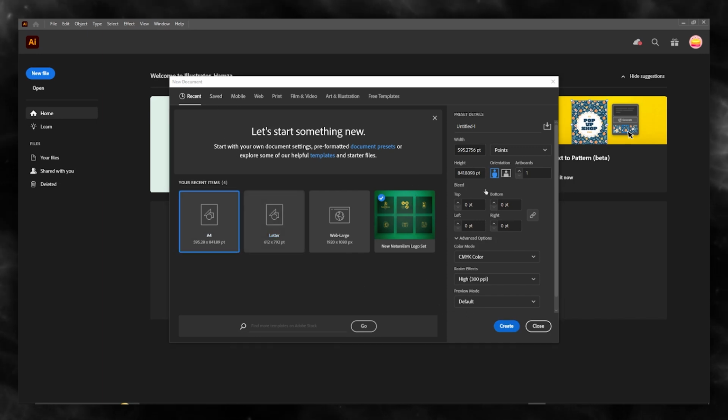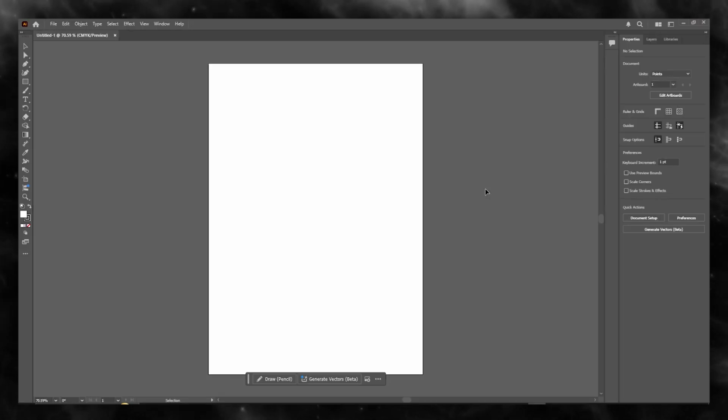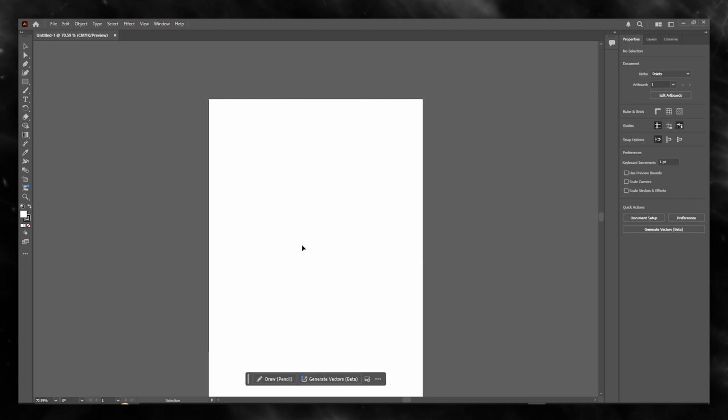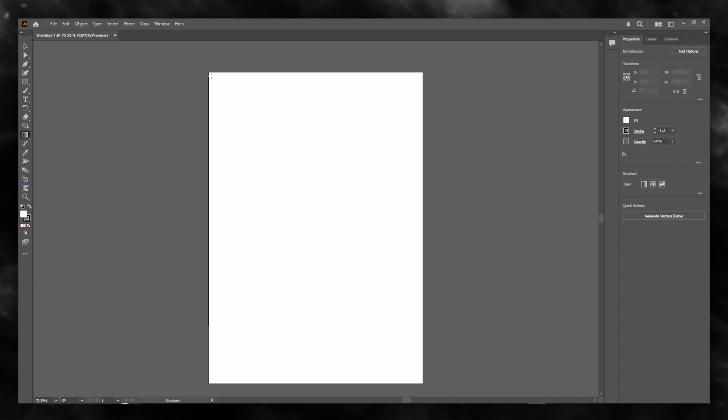Once you click on create, simply wait for the design to load up. As you can see, this is our design all loaded up. Now, to create a logo on this, first of all make sure to choose a background for yourself. What kind of background do you think is going to look good? Let's say I'm going to add a gradient for myself. You're going to choose whatever gradient colors you want to go with. And once we have chosen that, you're also going to make sure to add consistent coloring behind